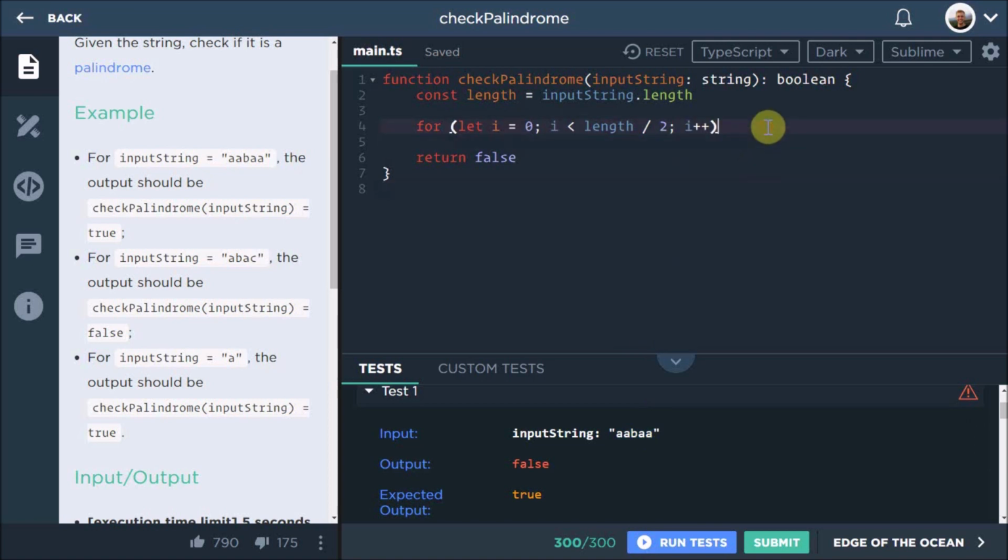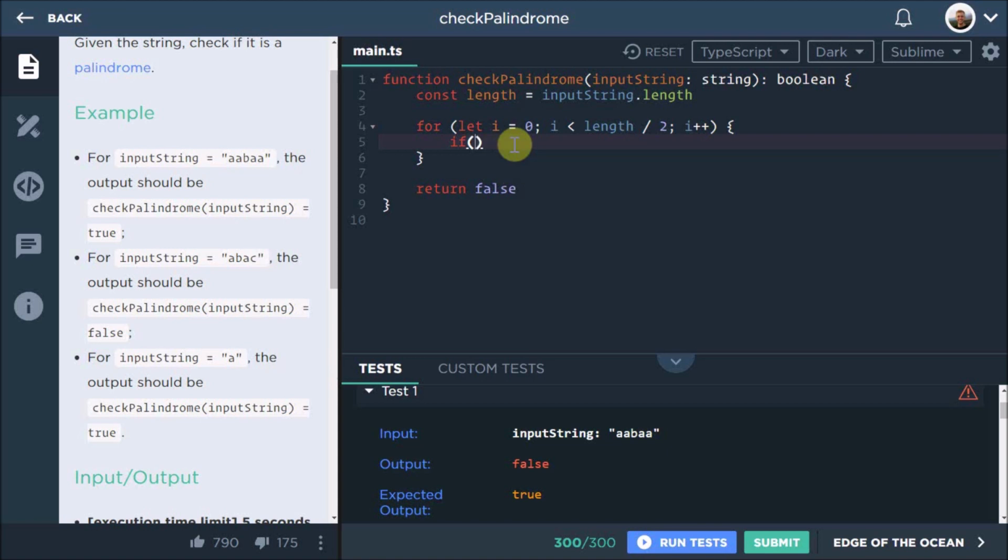It might be a bit complicated to grasp, but basically what we want to do is check if the first one, in this case input string at 0, is equal to the one at length minus 1, then we're sorted. Let me just type it out because it would make more sense.